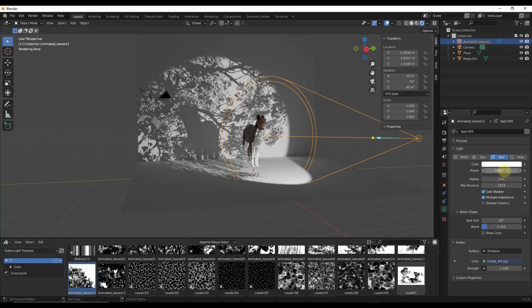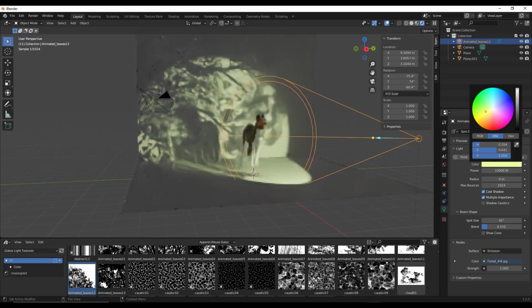So you can adjust things like the brightness of the light in order to get a more pronounced effect in here and also to cast more light in your scene. You can also adjust the color using the color setting right here. So let's say you wanted more of an orange light or a warmer light like this, you can adjust the